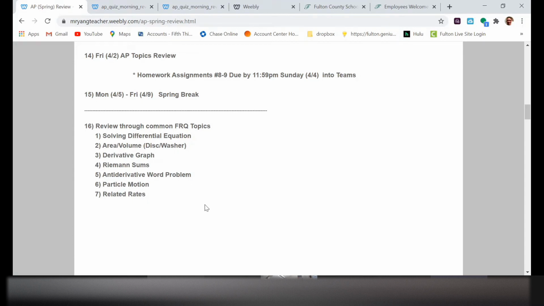And the nice thing is, we still have a month, right? And we're already in review mode. You're already seeing these FRQs, and by the time you see this 2nd, 3rd, 4th time, the hope is that you'll feel really comfortable because you've seen this so many times. You've been doing the same problems over and over again. You've seen the same concepts. You know how they're going to ask a problem, and things will hopefully be very familiar in a month's time. So just to give you an idea.